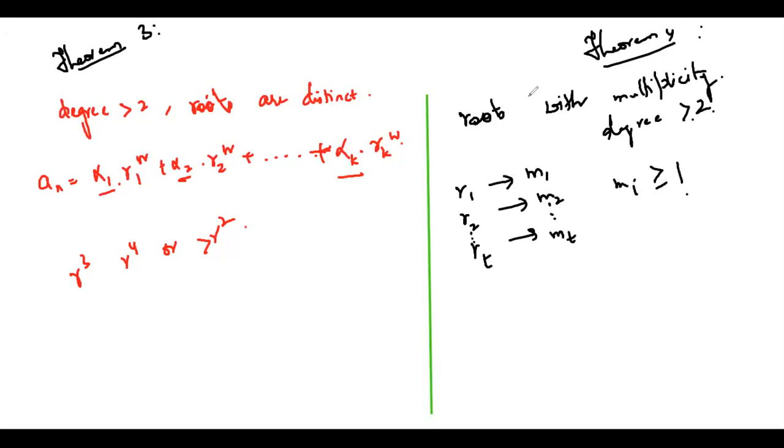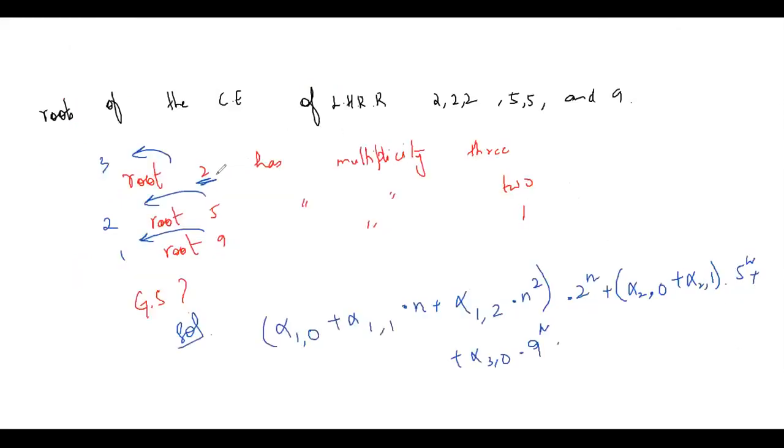In that case, over here I'll write the an formula clearly, since in the earlier slide I could not write it clearly. So an will be written as alpha 1 comma 0 plus alpha 1 comma 1 into n plus and so on alpha 1 comma m1. How many ever times the root is being repeated, we have to take one constant less than that. So in our earlier problem, the root 2 was being repeated 3 times, so we took alpha 1 comma 2. We continued till alpha 1 comma 2.